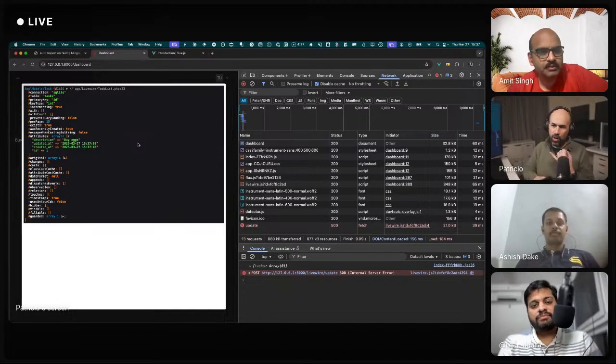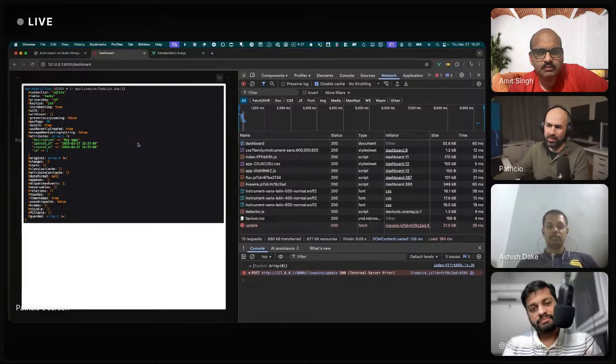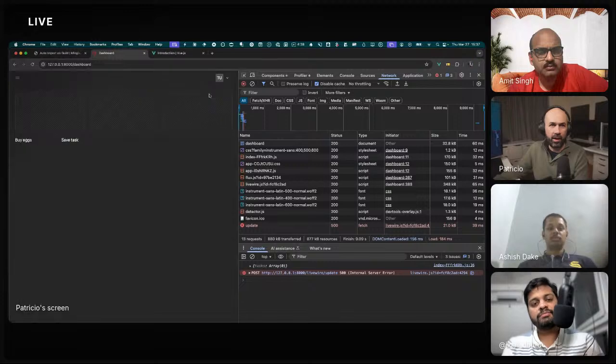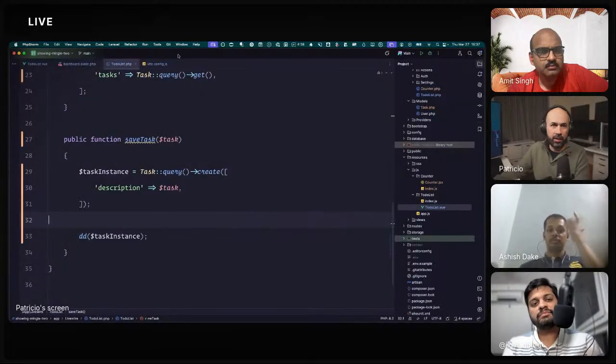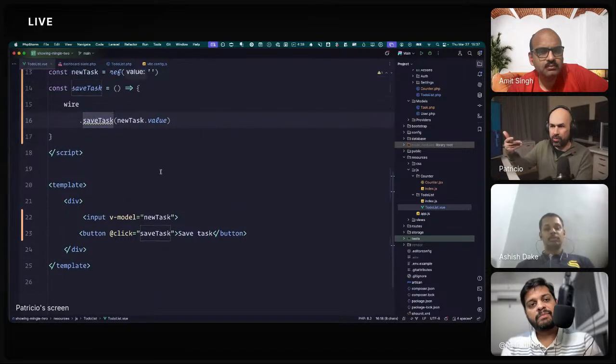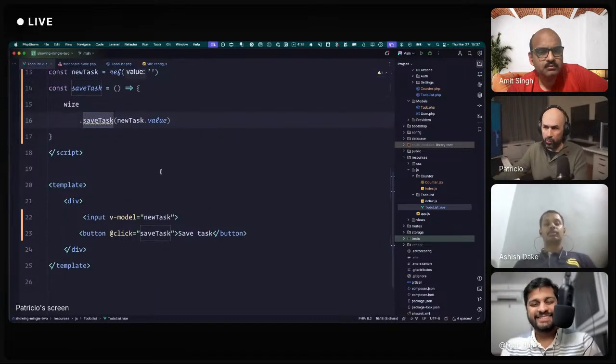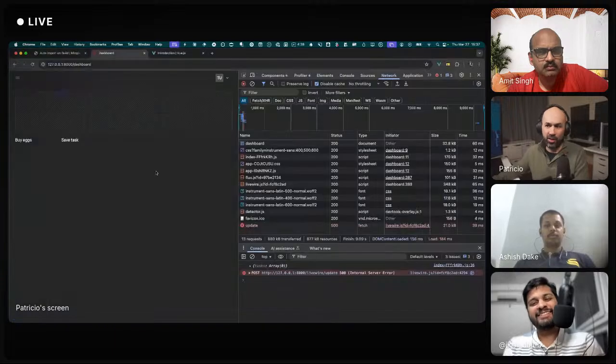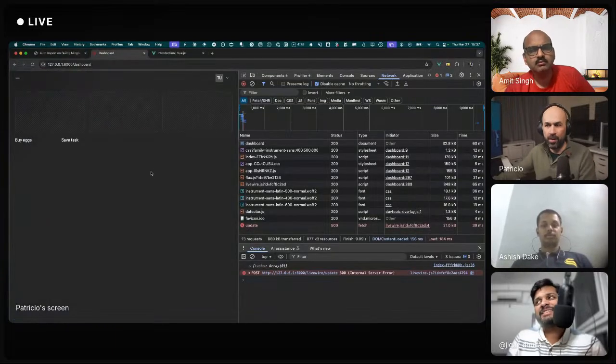And no routing, no controller. You see, everything is in place, Livewire style. So that's something I really enjoy. I can grow JavaScript complexity by the JavaScript rules and not Blade. Yes.